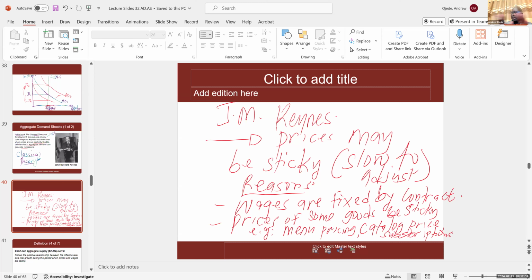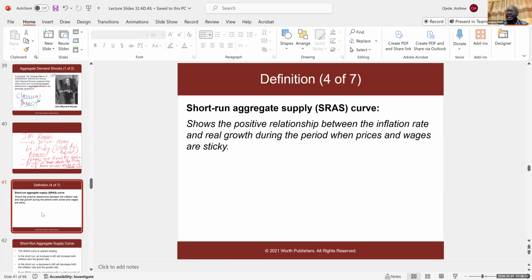So Keynes also put this together. Keynes is arguing that the idea that prices are flexible is not true. Some prices in the economy may not be flexible. And when prices are not flexible, that prevents some markets from reaching equilibrium, including the labor market. That means unemployment could persist in the economy. So Keynes then developed this and talks about the short run. The short-run supply curve shows a positive correlation between the inflation rate and real growth during a period when prices and wages are sticky,